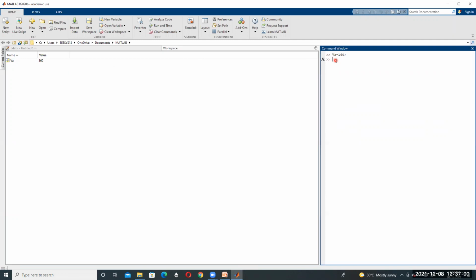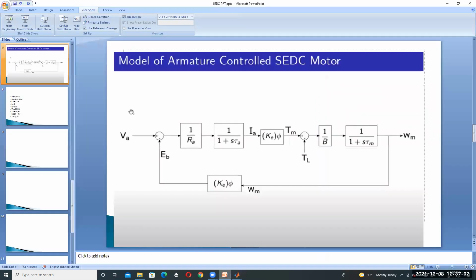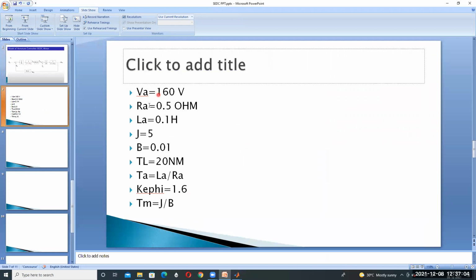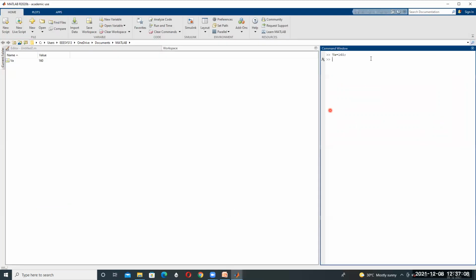And then what is the value of the armature resistance? RA is equal to 0.5. Enter in the workspace RA is equal to 0.5.